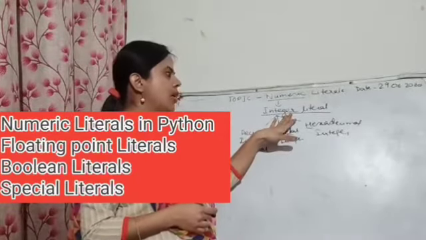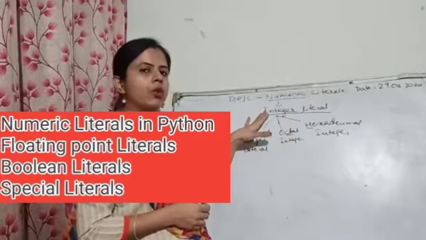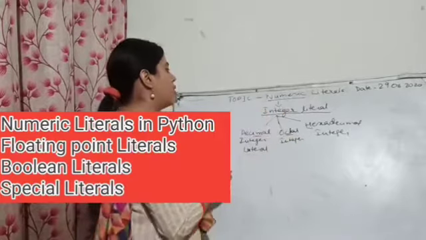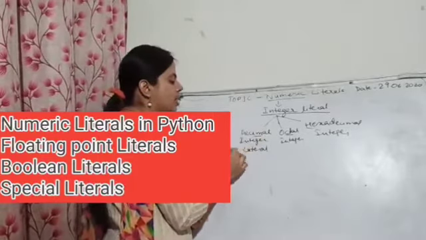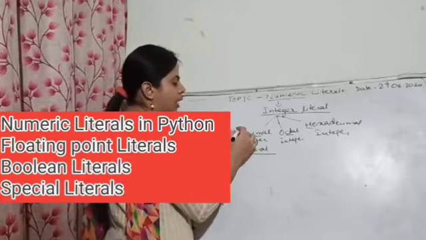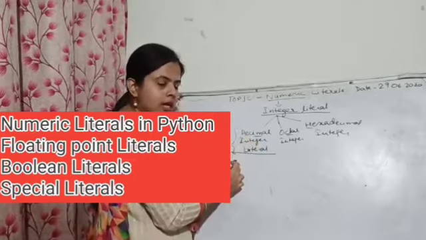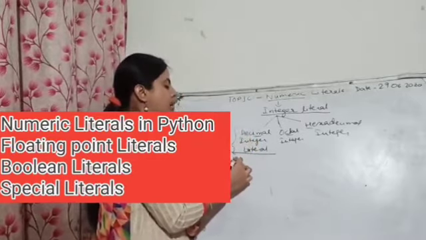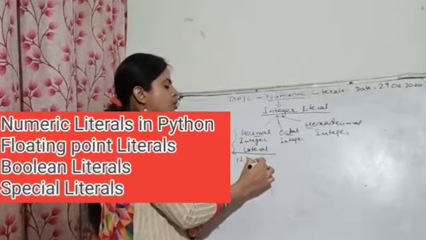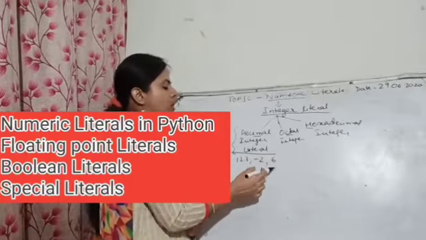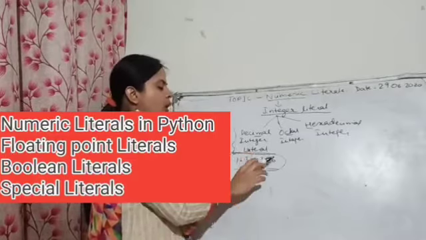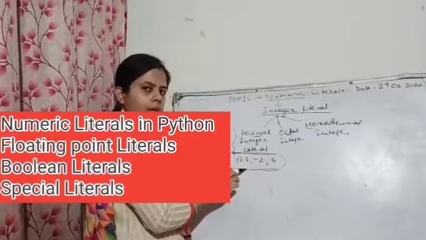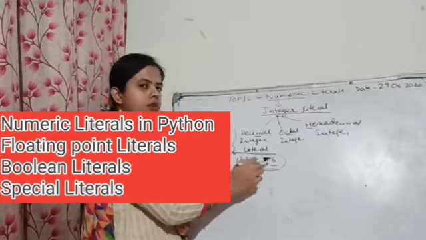However, an integer is a whole number which does not contain any fractional part, and unless and until it starts with 0, it is considered a decimal integer literal. Now, a decimal integer literal should not start with 0, and it can be any number like 1, 2, 3, -2 and 6. So these can be called integer literals, and if you are not giving any sign to the number, it will be considered a positive integer literal.